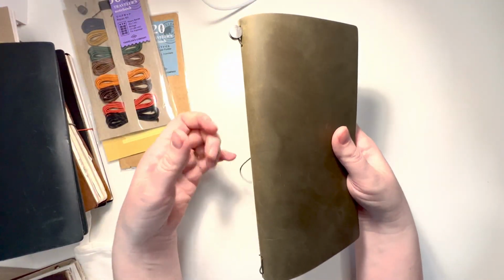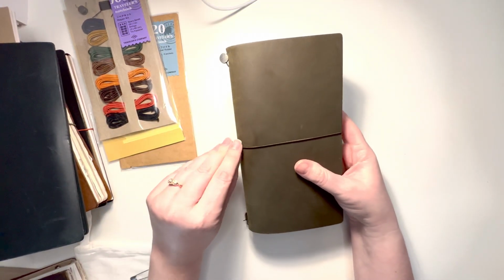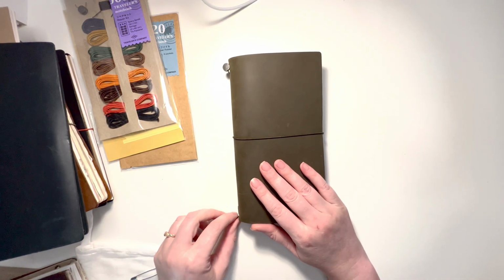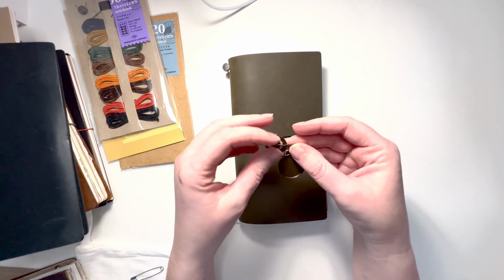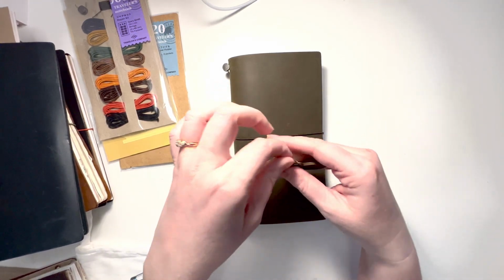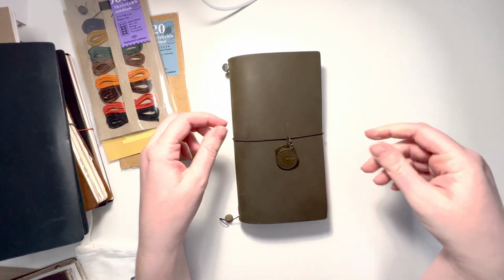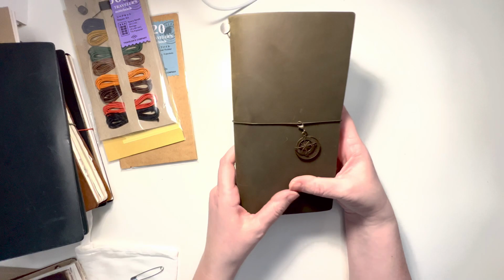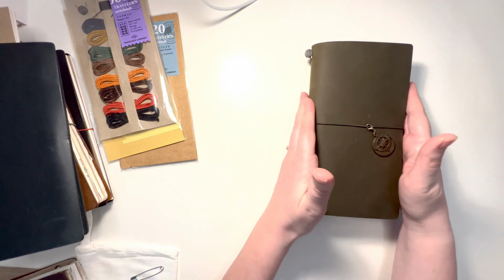So this is the new olive. I am very pleased that I was finally able to get one. I knew that I could never afford the high cost of them when they were just part of the limited edition, because some people were marking them up to like $600, and that was just nothing I was going to pay for. But yeah, these kind of steampunk charms look nice. And I fill it with journaling. I journal, and I will show you some of my covers later for my journals, but let's put